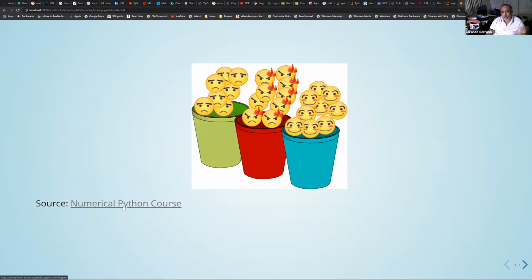There's another source here that I also recommend, called Numeric Python course, and this website only talks about data binning. They have other techniques on how to do it, but I will stick to the previous article. What we're trying to do here is put the happy faces in one bucket, the not so happy faces, the red ones, in another bucket, and the middle ground in another bucket. So it's also a funny way to see our problem.